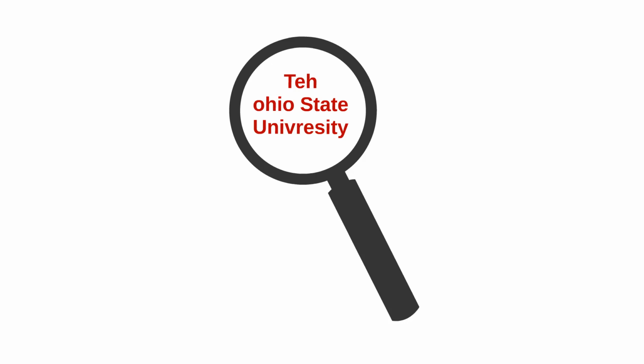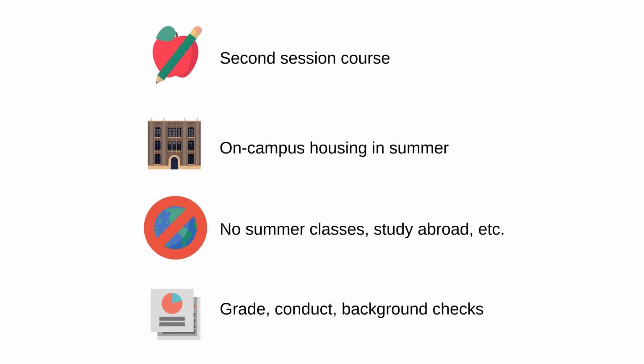At the end of the application, we'll ask you to acknowledge your understanding and awareness of the following. Selected peer leaders will register for and participate in a 1-credit second session course in spring semester. Selected peer leaders will participate in training throughout the month of May prior to our first orientation program for new first-year students and will be expected to stay in on-campus housing provided by FYE for the duration of May training